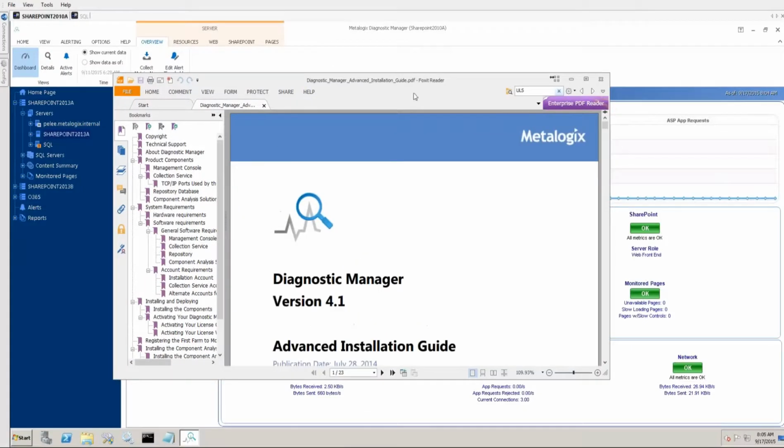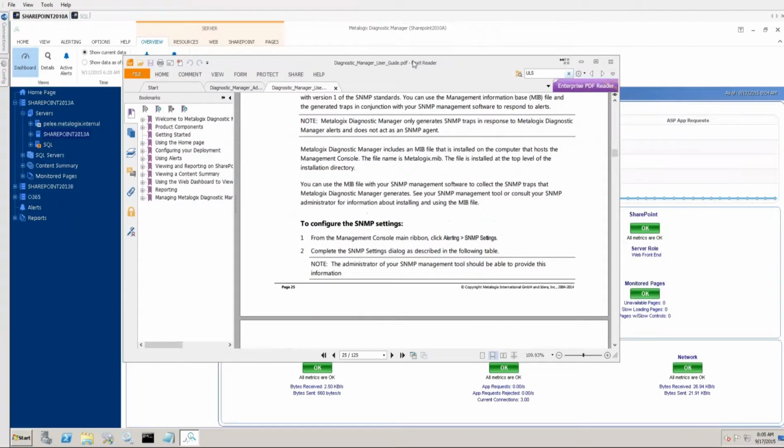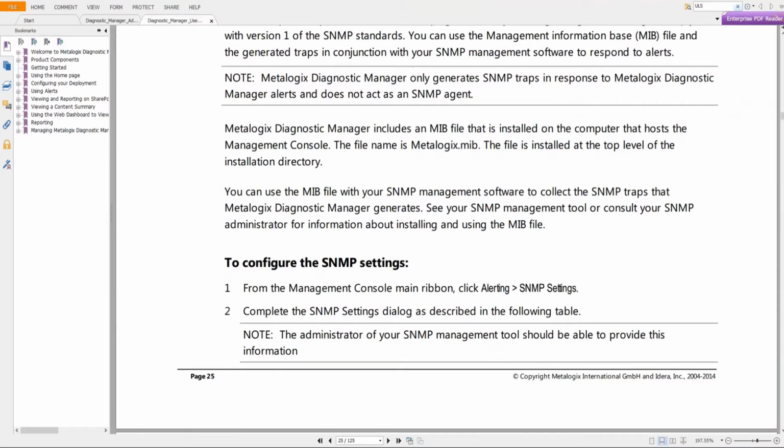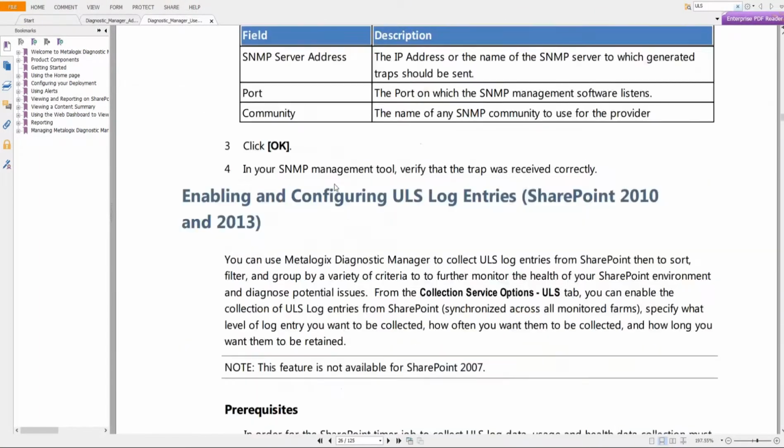Do I have the wrong document? Maybe. Sorry about this. This is what happens when you wait to the last minute to start your presentation. Here we are, wrong document. Now I'm looking in the actual user guide. My apologies for that. So the Diagnostic Manager user guide.pdf, which gets packaged with the tool upon